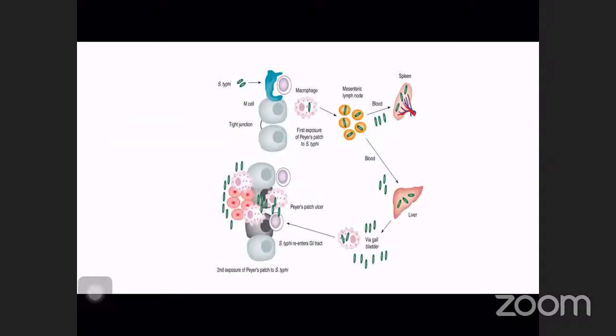So we have already discussed, yes, the M cells will take up the organism first, as the immune sensing cells, and then it travels to the submucosa where it is presented to the macrophages, then it multiplies inside the macrophages, and it will reach the lymph node. Again through the bloodstream it is going to go to the reticuloendothelial systems like the spleen, liver, bone marrow, and everything. And then again it is going to multiply there, and again through the bloodstream it is going to go to